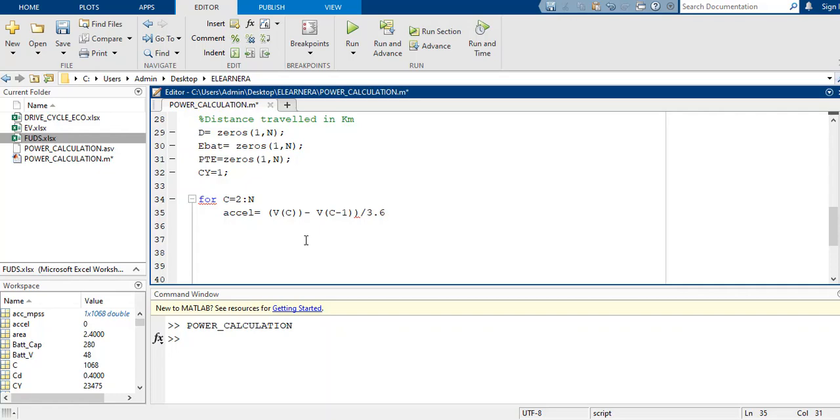So here the total acceleration, we are noting it as acceleration, in meter per second square. So we are dividing it by 3.6. Then we are finding a distance. So the distance is